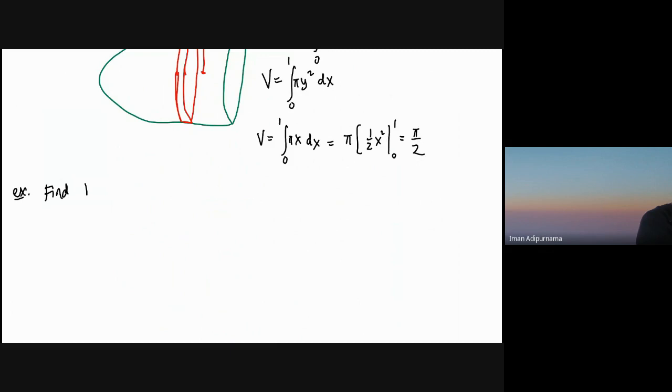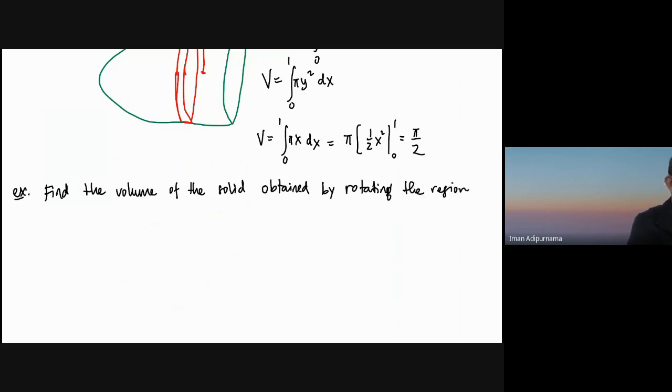Find the volume of the solid obtained by rotating the region bounded by y equals x cubed, y equals 8, x equals 0,